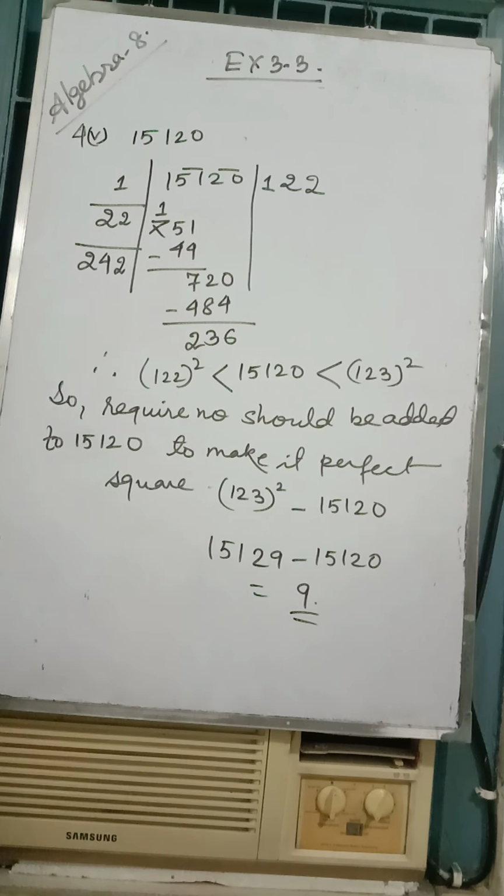So this is the way. Question 3 and 4 are quite similar. In question number 3, the remainder we had, we need to subtract. And in question number 4, we have to find the next square number and from that square we have to subtract the given number. Hope you can solve the leftover sums from question number 3 and 4. Next day we will be solving question number 5 and all. Till then keep practicing, and if there is any doubt you can ask me in the comment box. Thank you, dears.